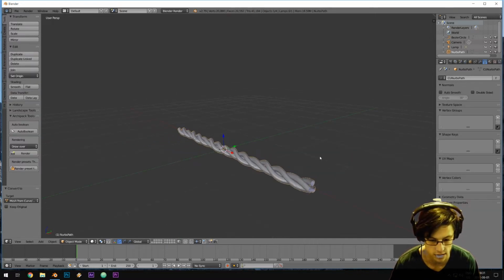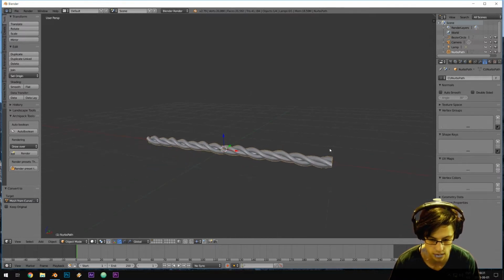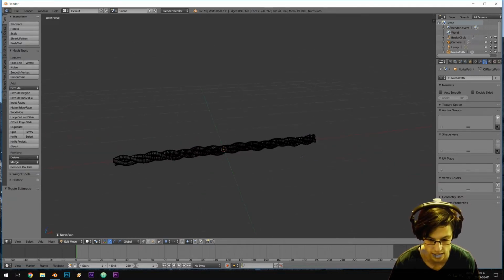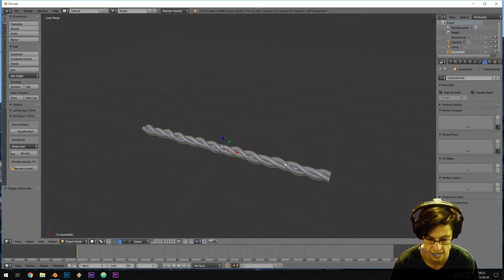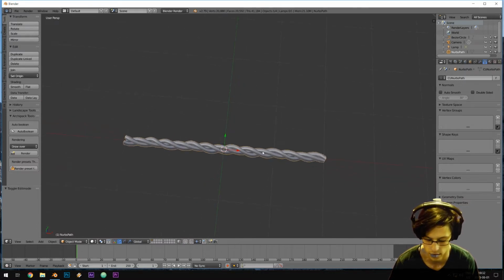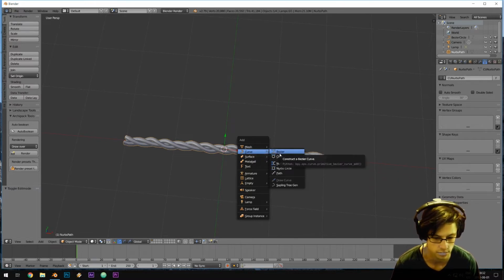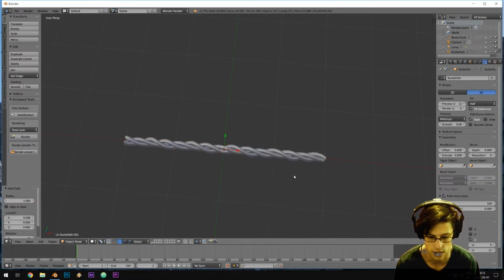Alright, Alt C. This is what wasn't working in the 2.8 alpha. Works just fine here. So now we have this rope, and it is actually a pretty dense mesh. Alright, now I'm going to go ahead and add another path